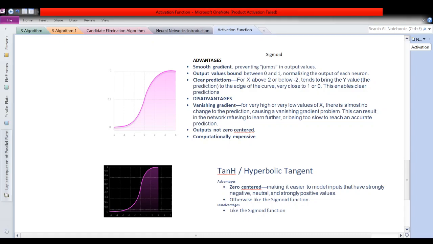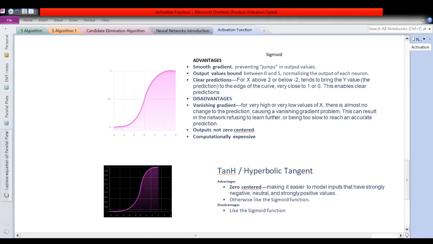What happens in the vanishing gradient problem is that the network will converge very easily, and it will be very slow for an accurate prediction, and it will not try to learn further. It will not want to take more examples and get trained. It converges to a local minimum. It will not go to a global minimum. And the computation also is very expensive.